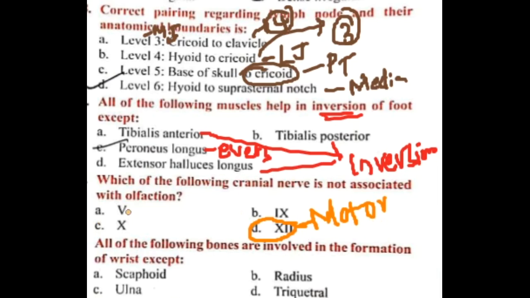So olfaction is played, all the others. See, the trigeminal nerve is a sensory nerve, whereas the 10th is a mixed nerve, and the 11th is a... The ninth is the glossopharyngeal nerve. It also has some supply to the olfactory neuron, right? So this is one thing which is important. Next, if you see the next question,